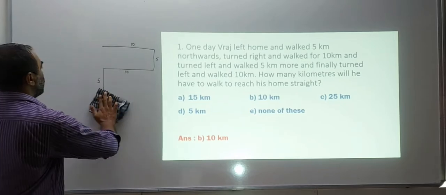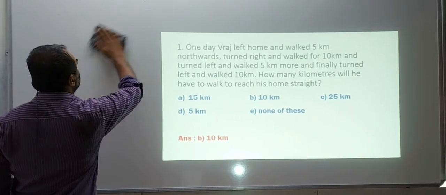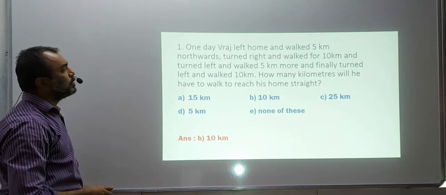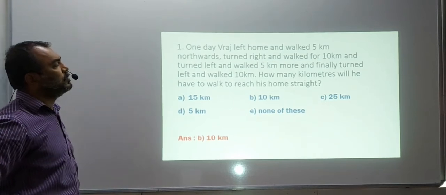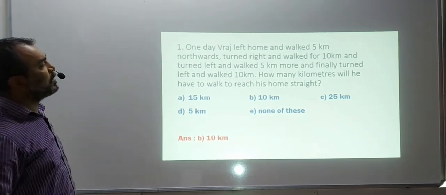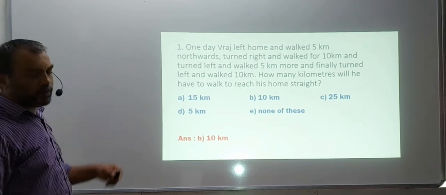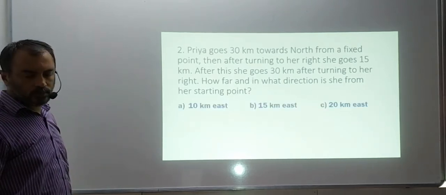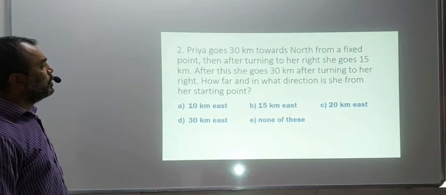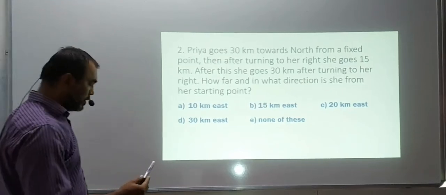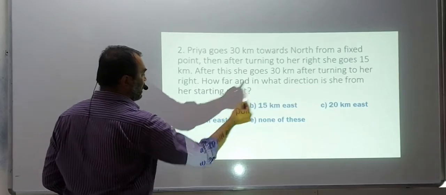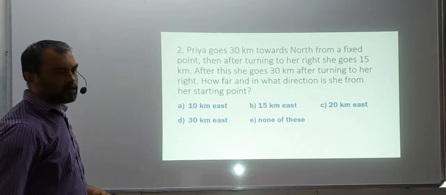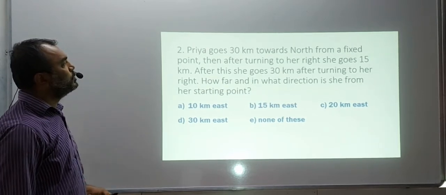So I hope you have got a clue how to work on the directions. Yes? And here the directions are clearly given, and so are the distances. How much he walked is clearly mentioned, where he turns is mentioned, so this is a very clear sum. Yes? The next one, with the options. Now here you have to find direction and how far. So how far is the distance, and in direction also. So this time you have to make sense of both the things.